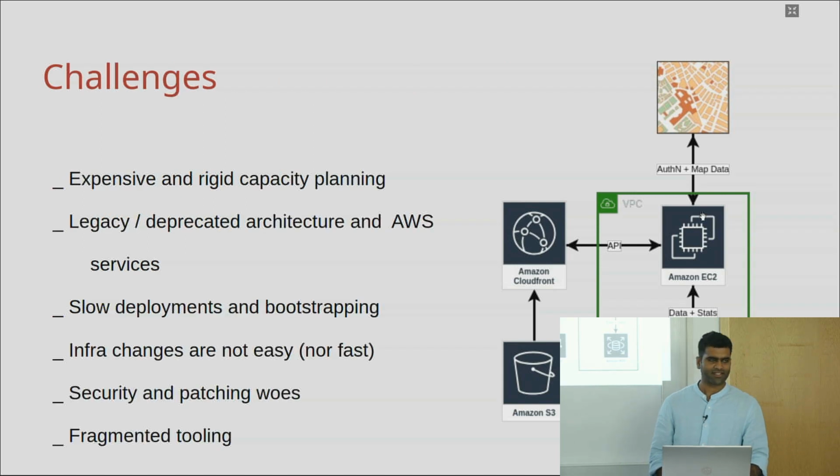So there are several challenges that come with this legacy architecture. It's firstly expensive. It's fairly rigid in its capacity. So while the backend auto scales, it's quite slow. It bootstraps quite slowly. The size of the backend EC2 instances is hard-coded into the CloudFormation template, and our